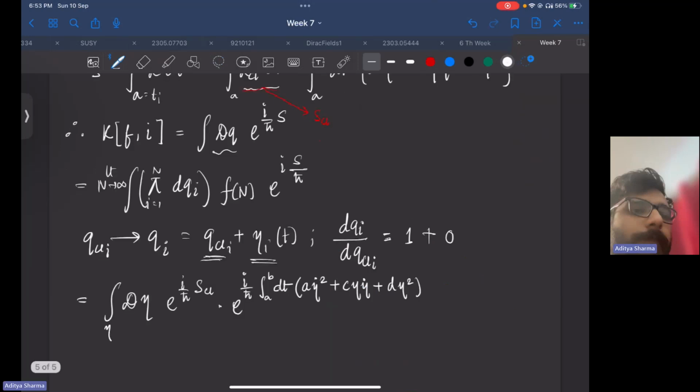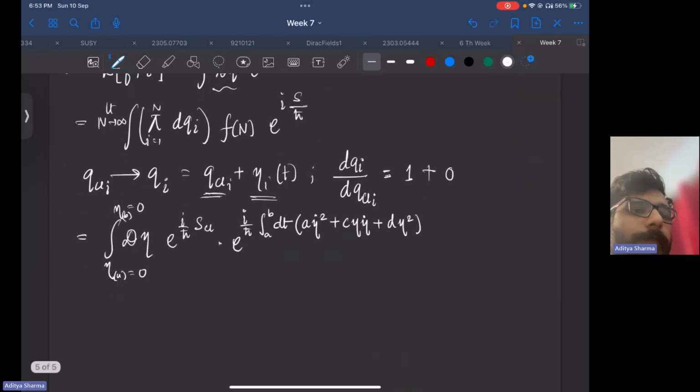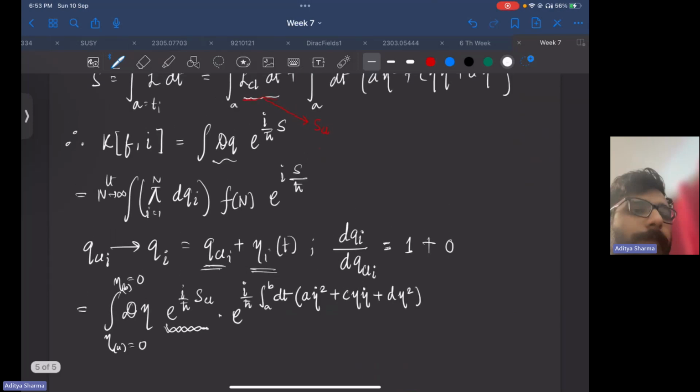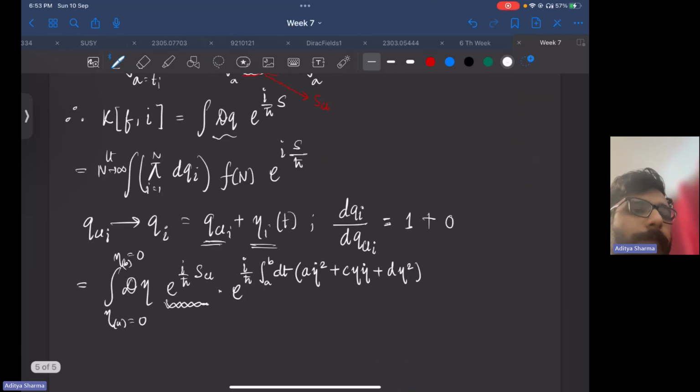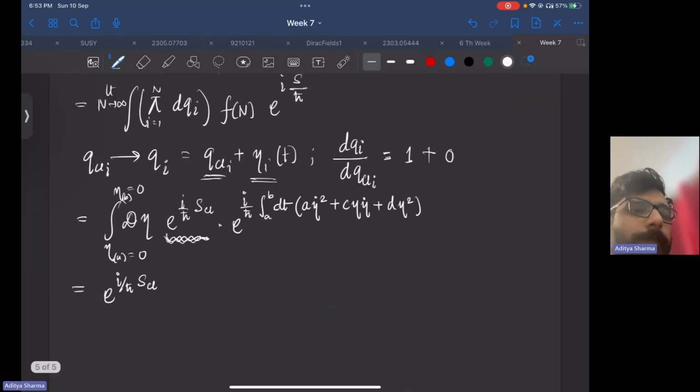With the boundary conditions that eta I is equal to 0, eta b is equal to 0. Now this is just a number. It does not depend on eta, and it has q classical, and you integrate over those q classical from a to b. So this is just some factor, and this factor just pulls away, which is to the power h cut s classical, which has been evaluated, and then you have